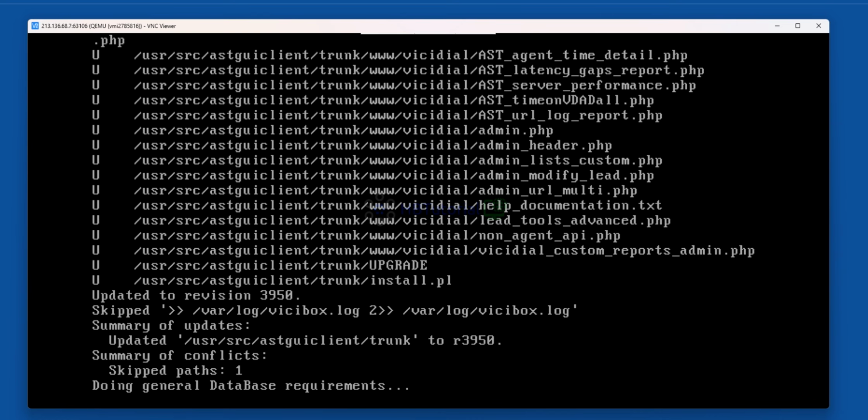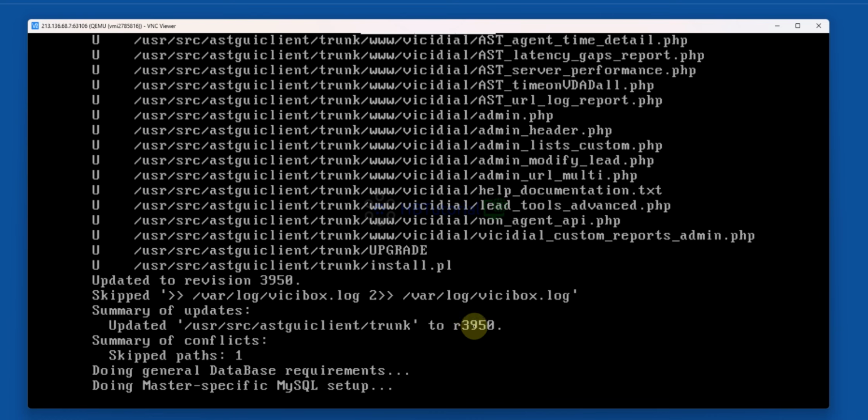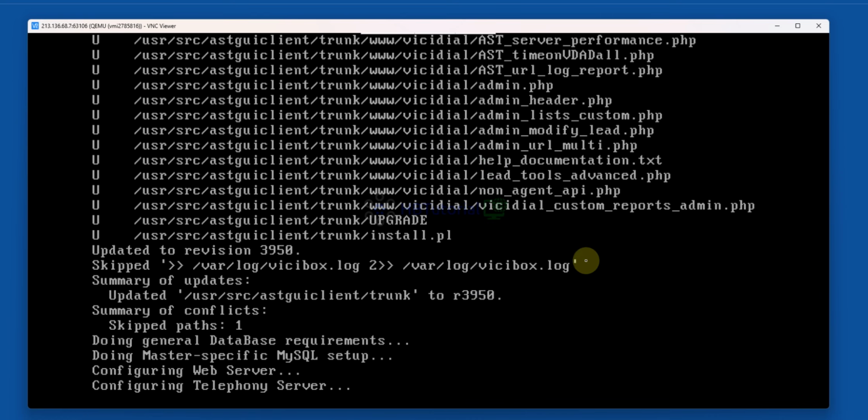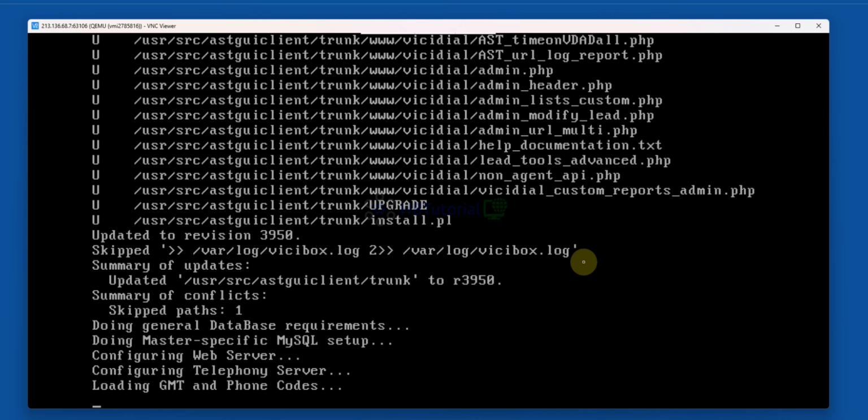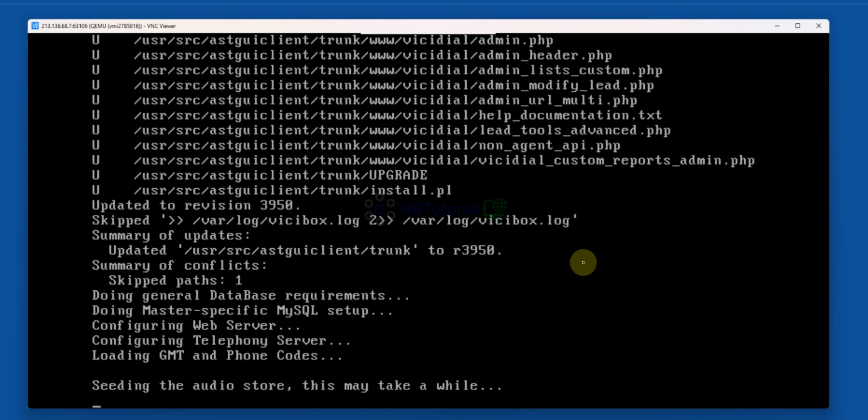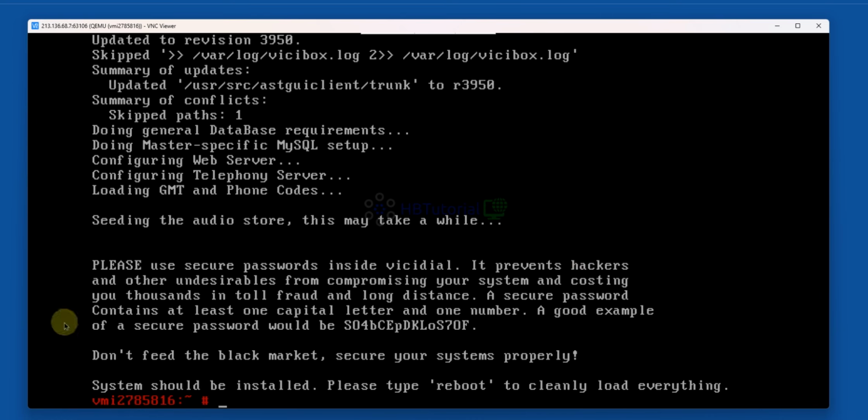The latest version right now is 3.9.50. Once again, after the installation of VitalPBX, reboot again.